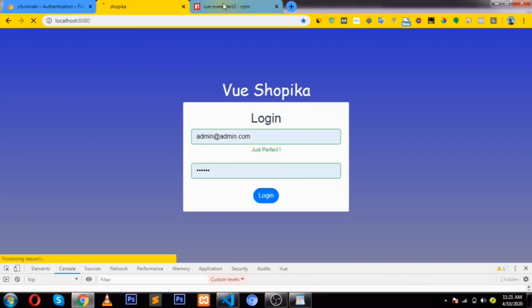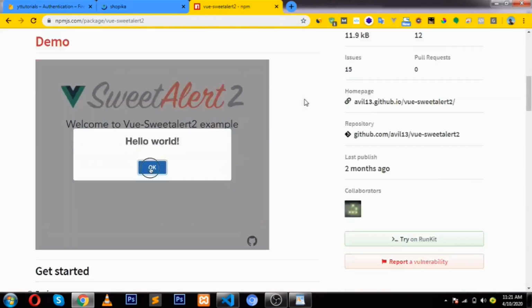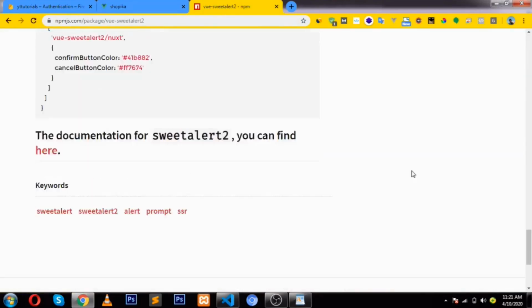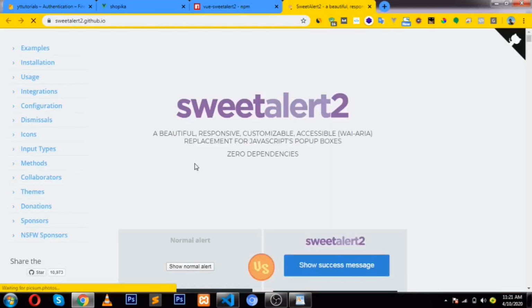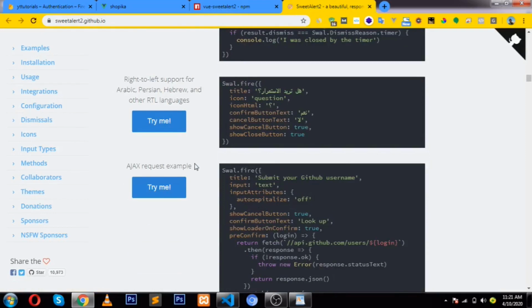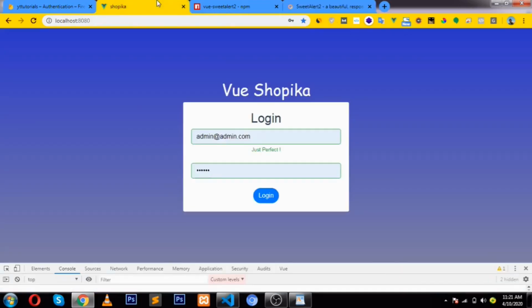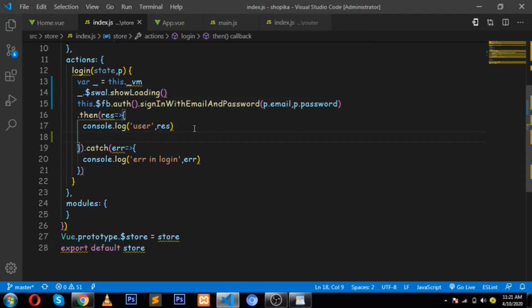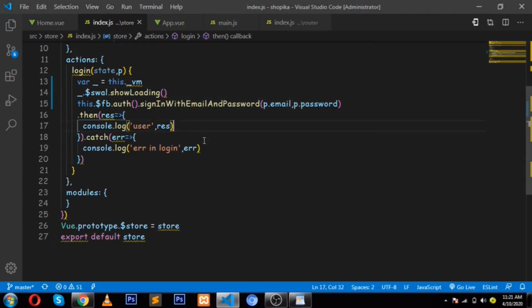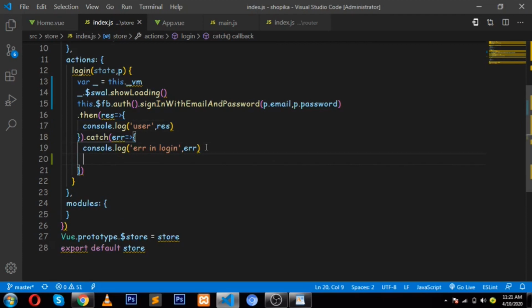You can see the documentation of Vue Sweet Alert in here. You will find this very helpful because it has each and everything. You just have to practice. Don't use fire directly, use these things, and this will work fine. Okay, so whenever it is called, it will show loading, and if it's successful, then it won't do anything. We just have to do some routing here, and if it's not successful and some error is here, we just have to say